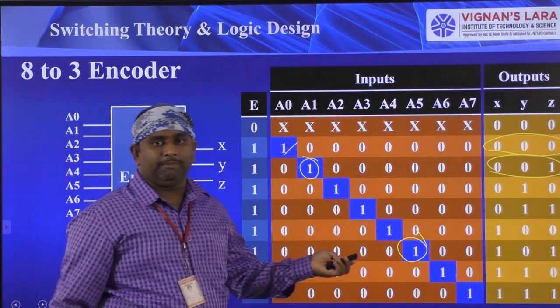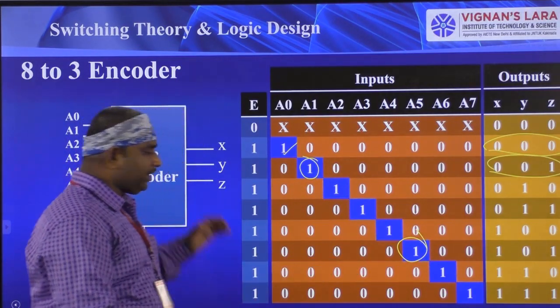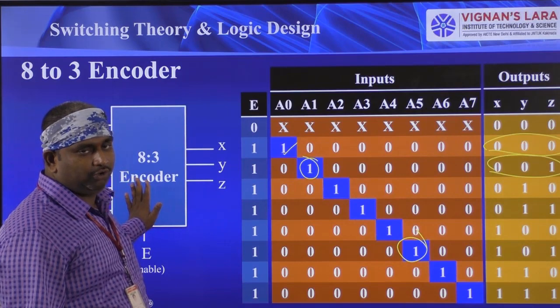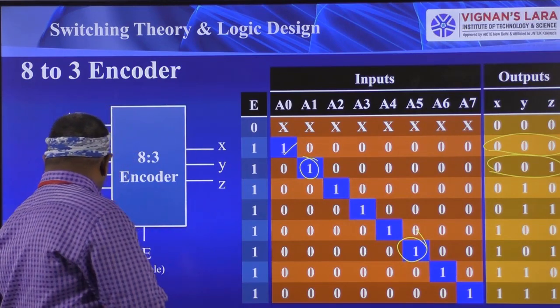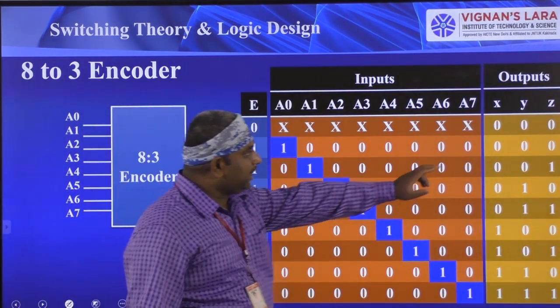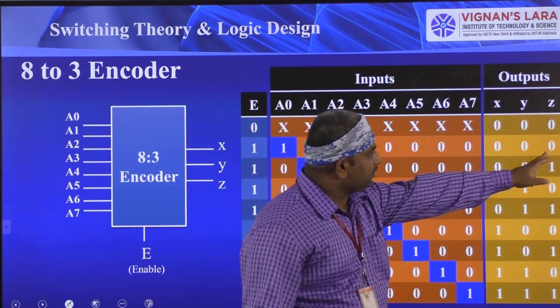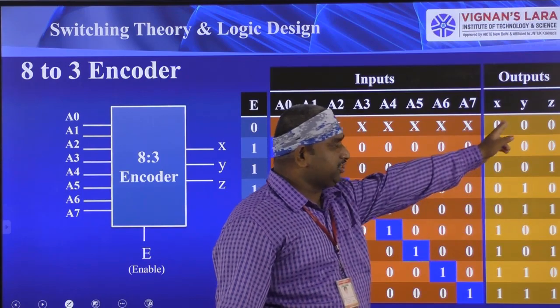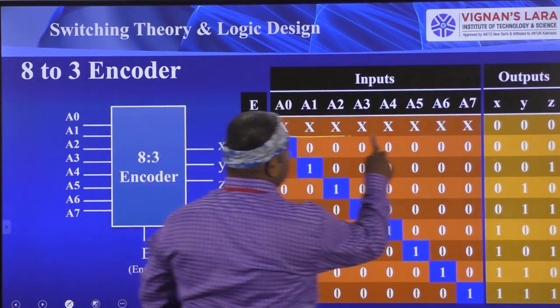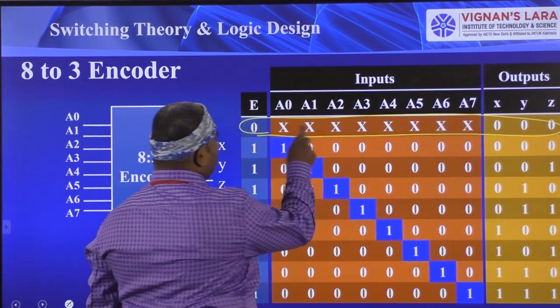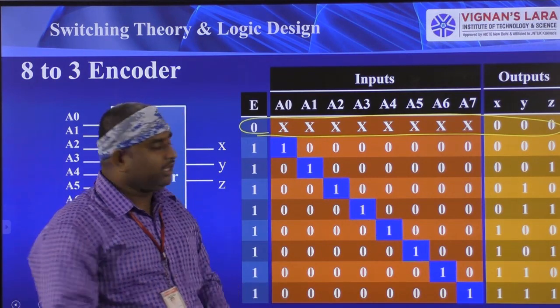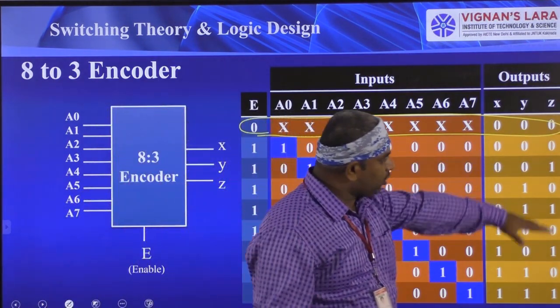In the same way, you can implement the operation. I am not explaining the internal structure of the 8 to 3 encoder, but you have to analyze the 8 to 3 encoder operation. So take Z, when Z is equal to 1. So see here, first 000, 001. The first condition you have to exclude. Don't bother about this condition. Why? Because the kit is in a not working condition. Leave that combination. Next combination you have to consider.